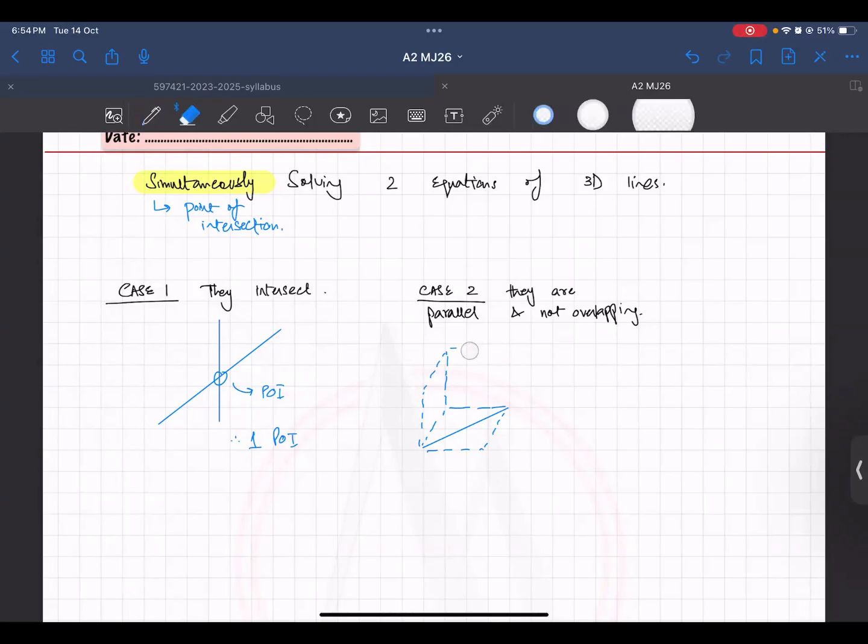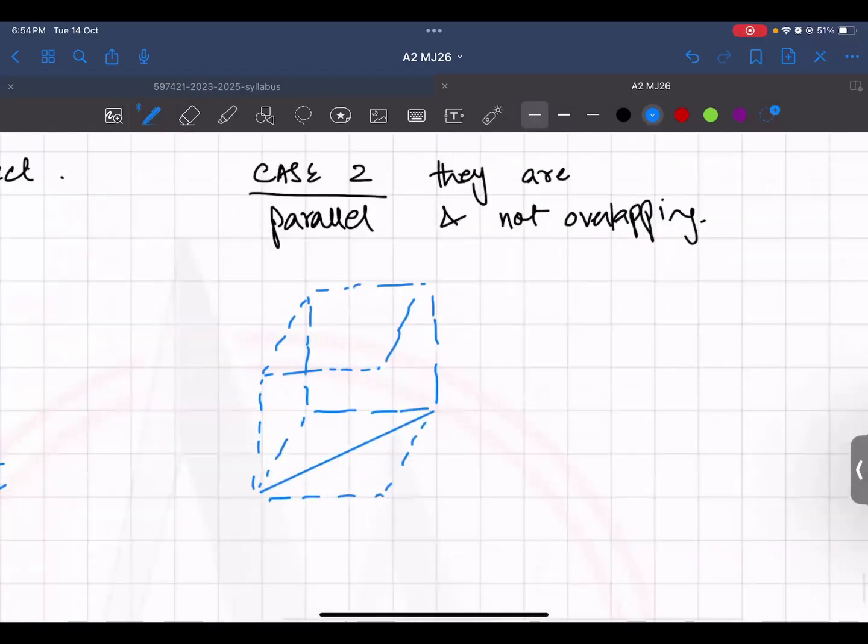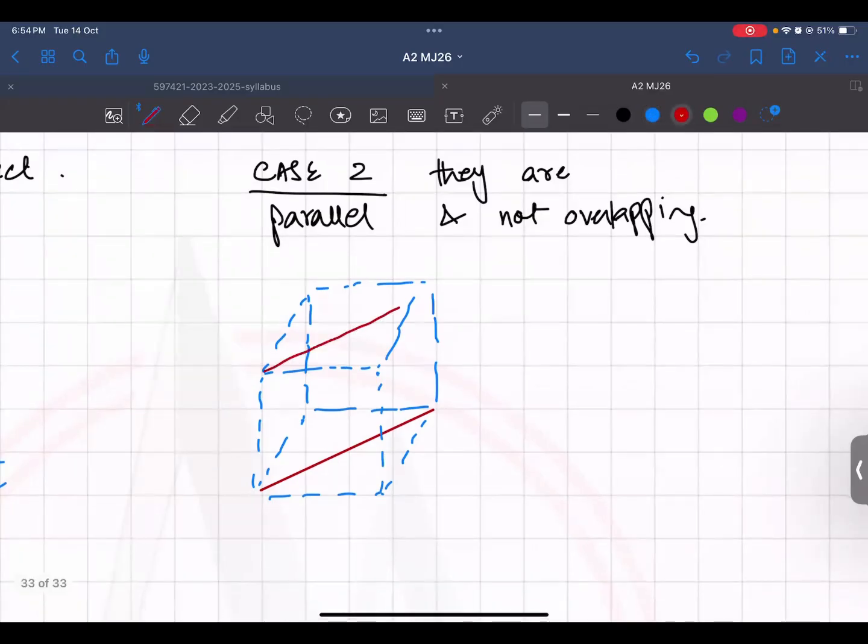So this is your one line which is diagonal to your floor, and there is another 3D line which is diagonal to the, what do you say this,